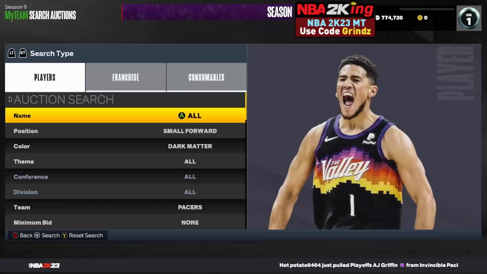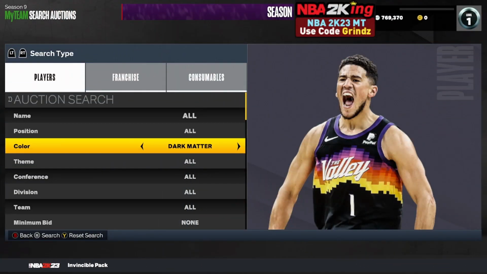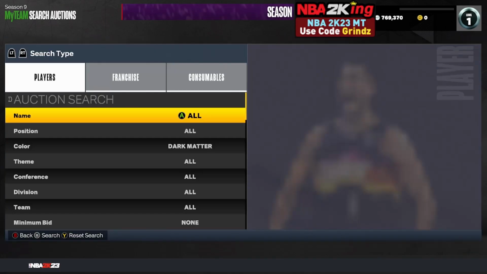This is a great filter. I mentioned this last week that the dark matter cheapest filter was going way up in price, man. It's even higher now. This filter has been great lately. What you want to do is set your color to dark matter. You're going to raise your maximum buyout up until you find the cheapest dark matters on your console,